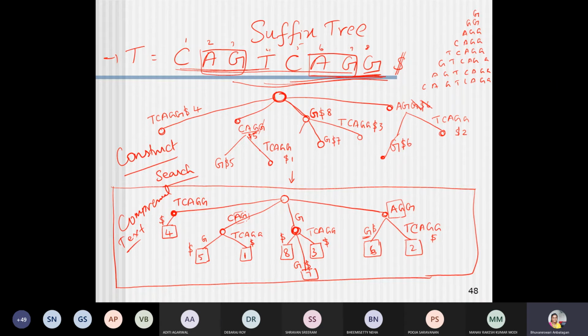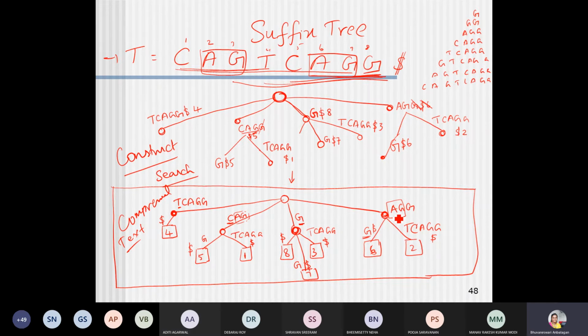Yes, ma'am, when we search for AG, nodes 2 and 6 will be taken. See here, where is it initially encountering A? Is anything starting from A?